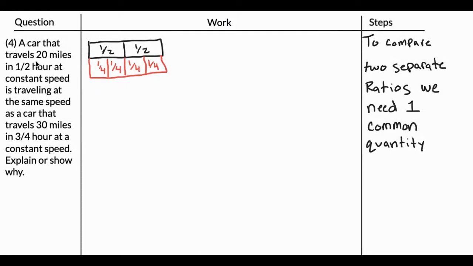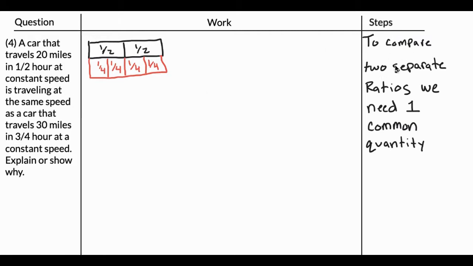A car that travels 20 miles in 1/2 hour at constant speed is traveling at the same speed as a car that travels 30 miles in 3/4 hour at a constant speed. Explain or show why. So the first thing that we need to know to solve a problem like this is